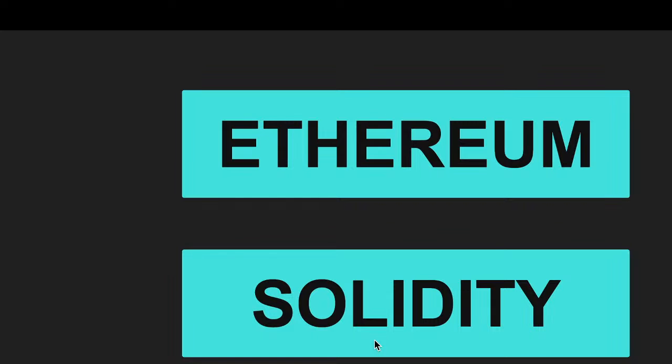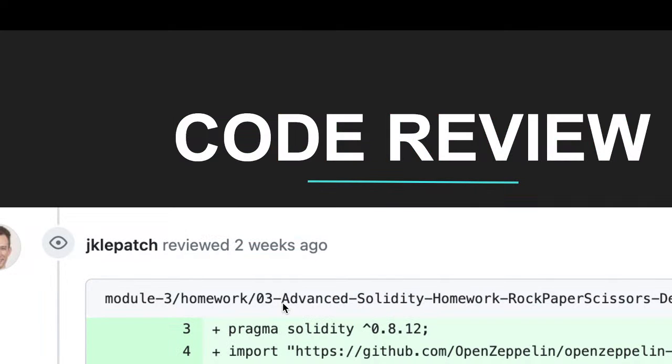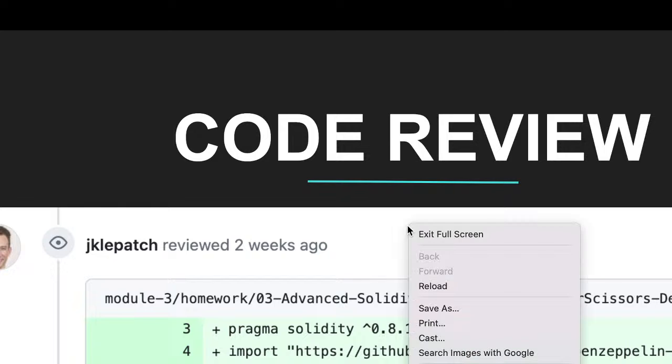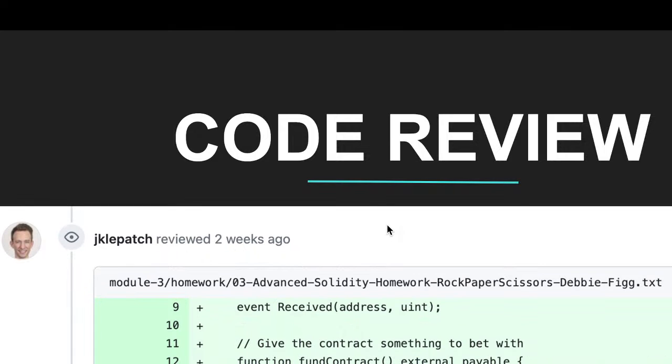And in terms of technologies, it's going to be Ethereum, Solidity, and Foundry. This is where the job bucket is the largest. You're going to have access to code reviews. So you'll have homework, and when you submit your homework, I will give you feedback through pull requests. And this is really one of the best parts of the bootcamp. Students really, really love that.